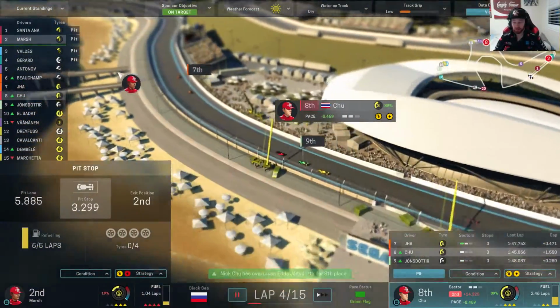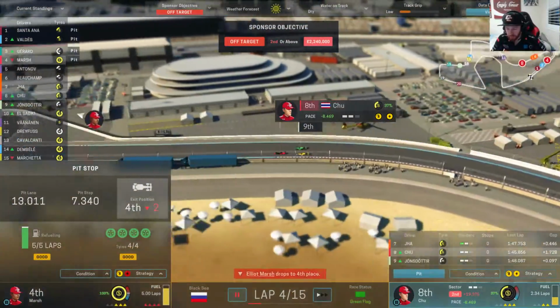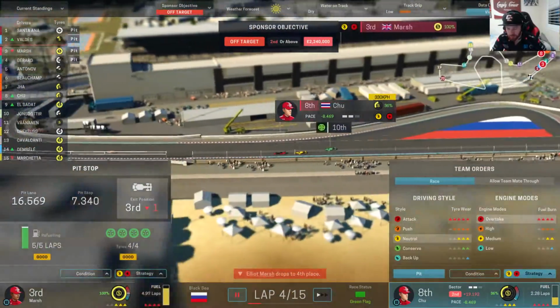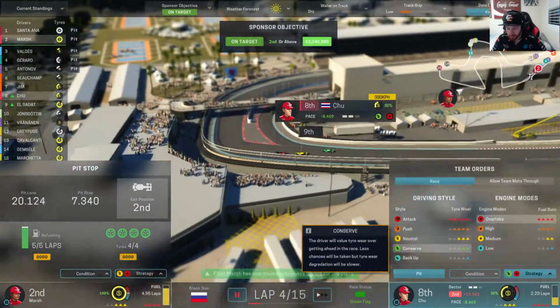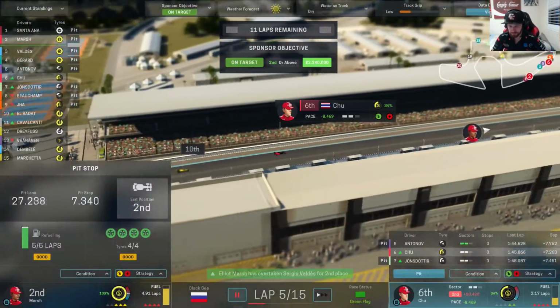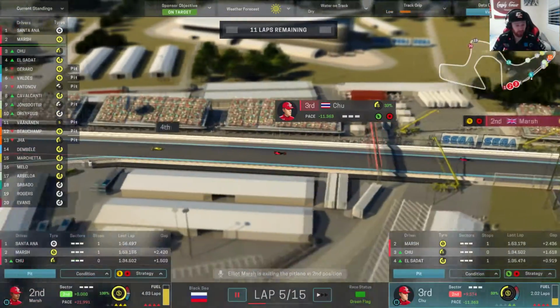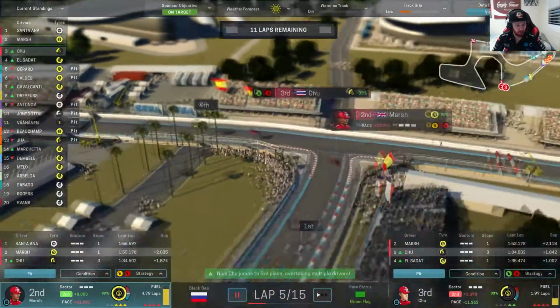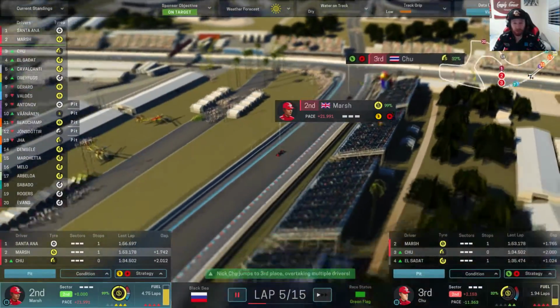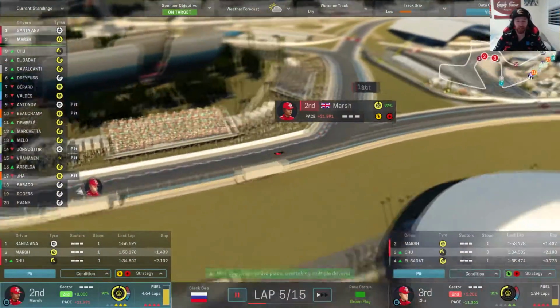Everyone pitted early. Now, how are we looking? We can do one more lap. I'm going to put him in overtake mode, and I'm going to put him to conserve, so we can get around one more time without going down to 25%. As you can see, where does our boy Marsh come out? Marsh comes out at 2nd. He actually comes in ahead of Chu despite having a pit stop, so that was a great stop behind Santa Ana,